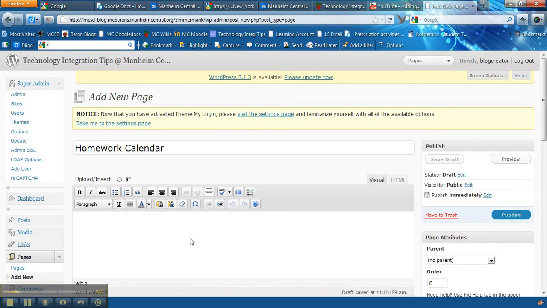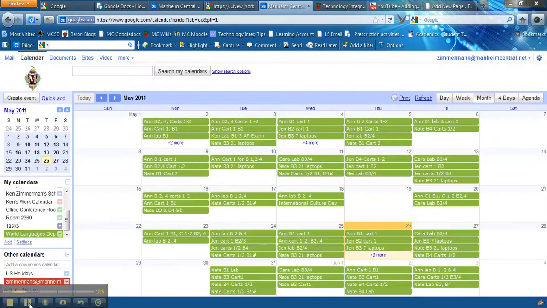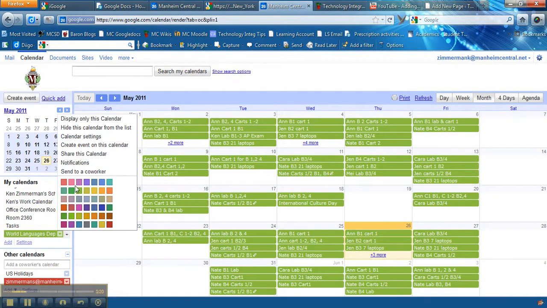Now, just like we learned how to embed things before, remember we wanted to change the visual code over to the HTML. Now I'm going to click Control V to paste the code, and I noticed that that's not the actual code, so I need to go back and get that code. So that means I'm going back to my Google Calendar. I'm going to click on the arrow, I'm going to click Calendar Settings,